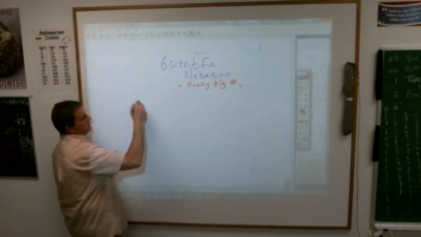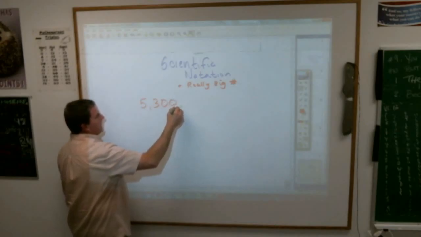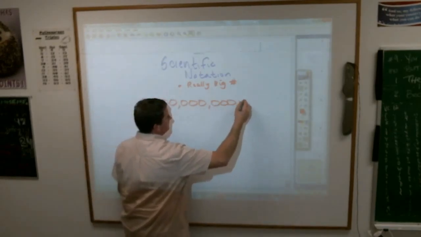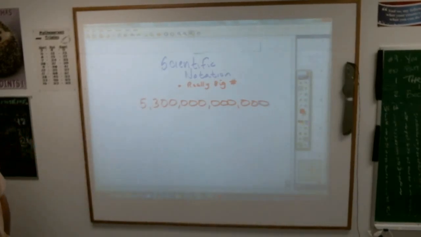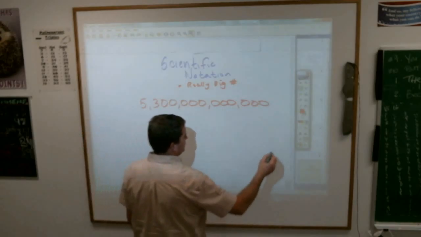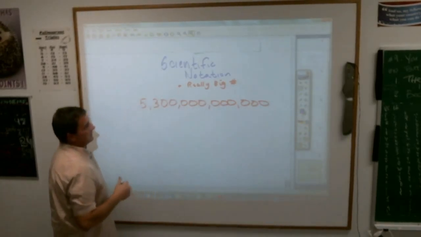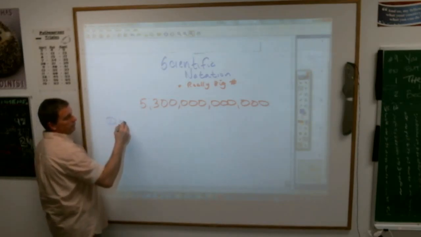Let's say our budget is $5,300,000,000,000. If you happen to be working with that number, all those zeros and all those digits get awful confusing. So one way we can make it less confusing and easier to work with is to write it in scientific notation. And the way that works is this, step number one, you need to move the decimal